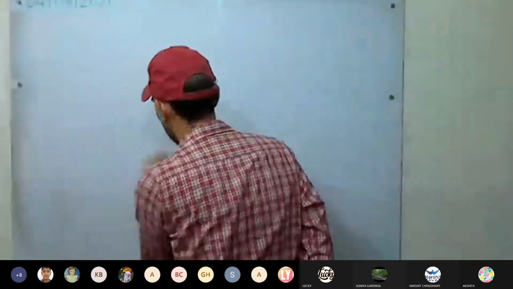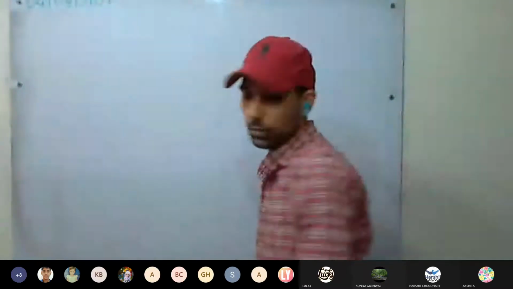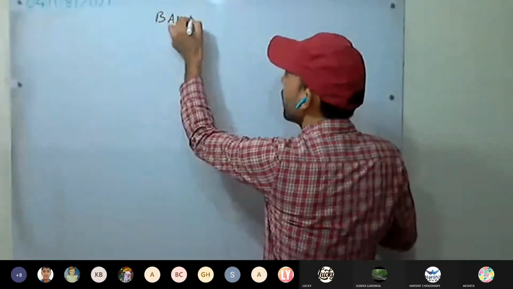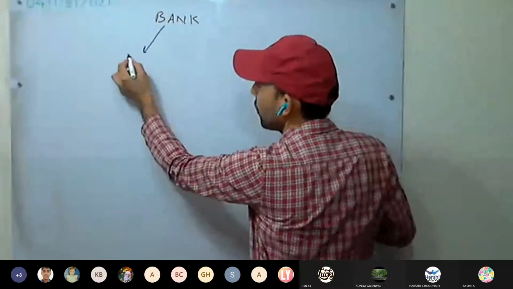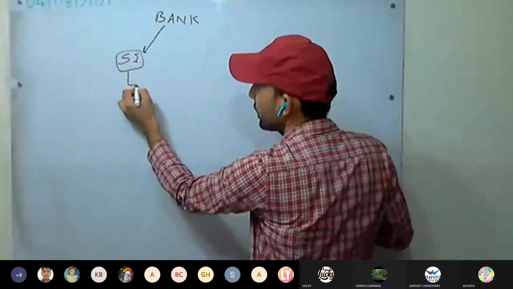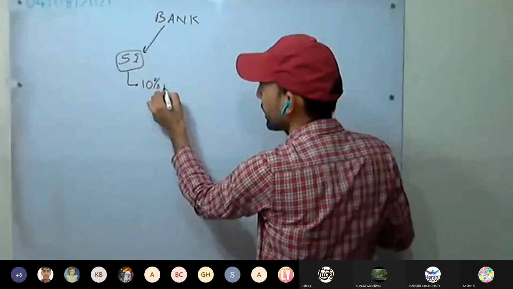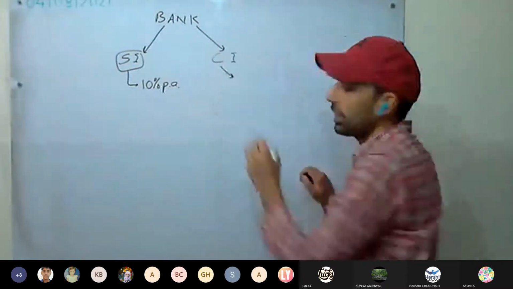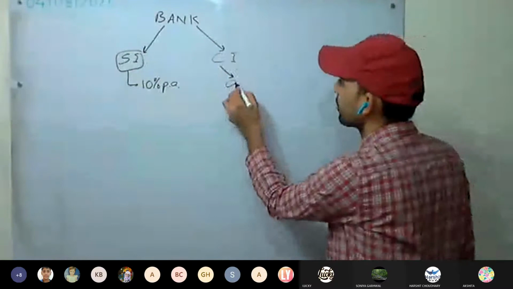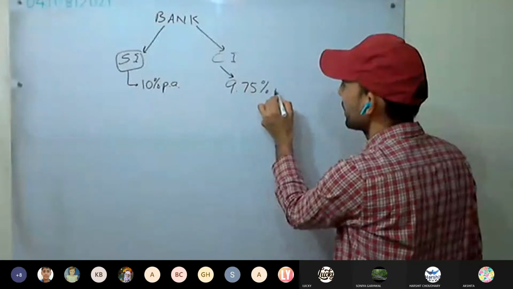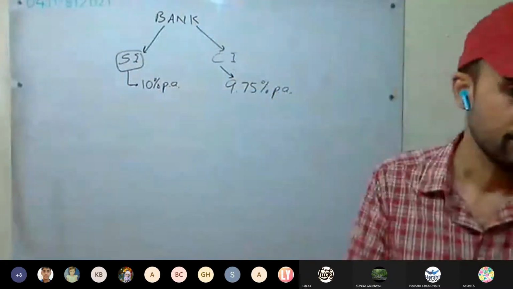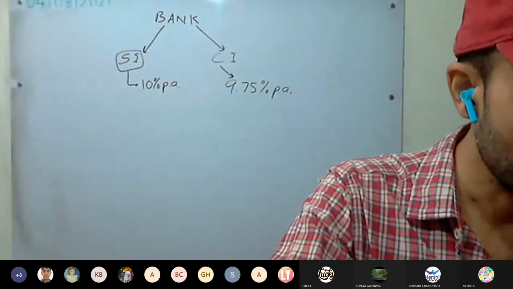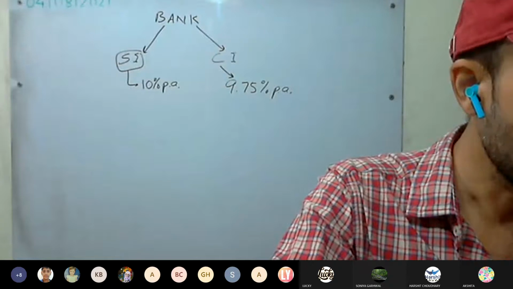So here is the bank, offering two rates of interest. One is the simple interest, at 10% per annum. The other is the compound interest, at 9.75% per annum. Now, which scheme will bring more interest on 64,000 rupees invested for 2 years, and by